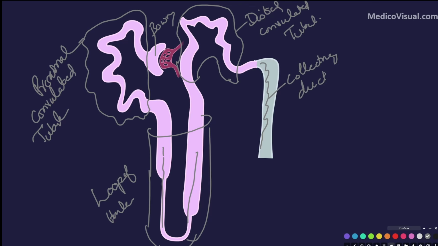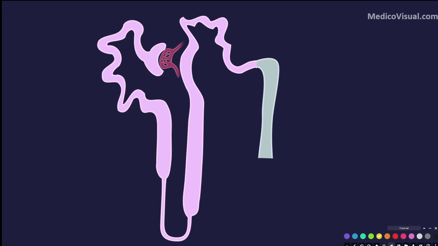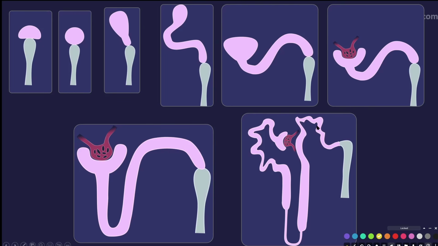The distal convoluted tubule is connected with the collecting duct through a structure called the connecting tubule. It is not collecting tubule, it is connecting tubule. So let's label it, it is called connecting because it is connecting. Please keep that in mind. So these are the basic components of nephron, even in the adult. Now let's review the formation of nephron.